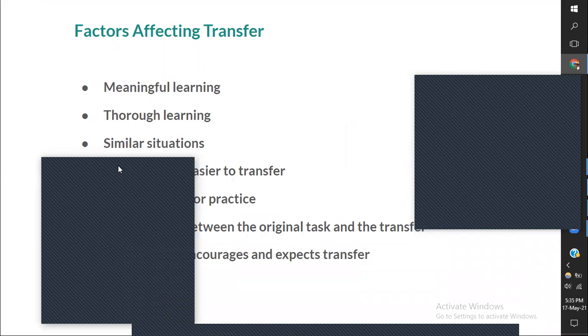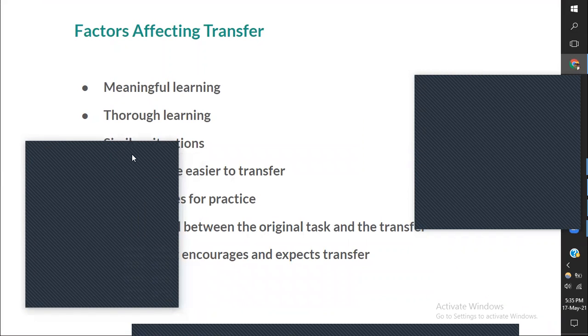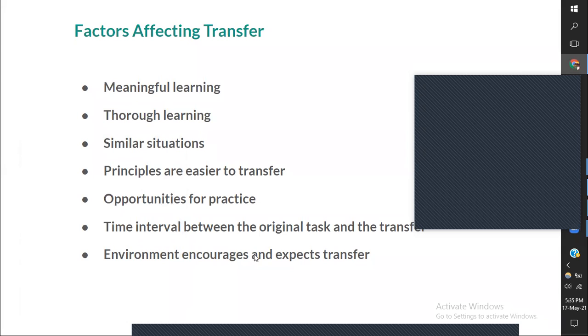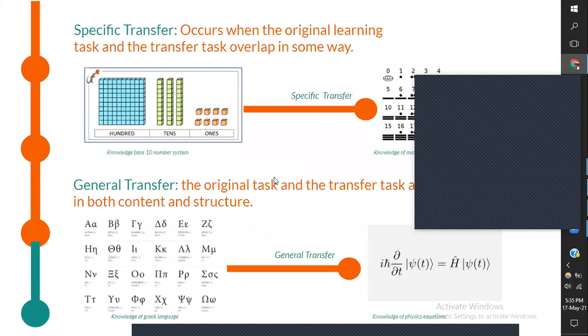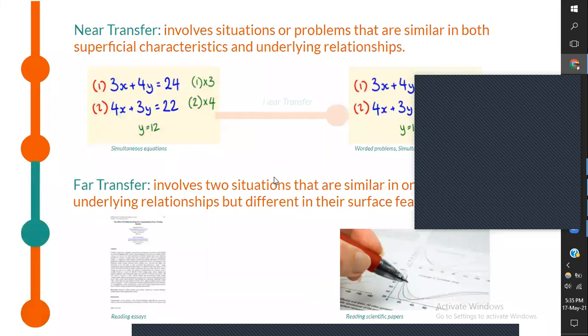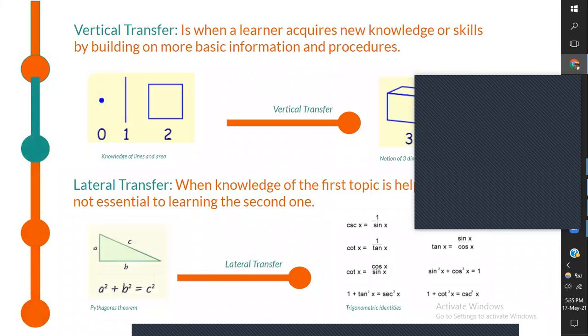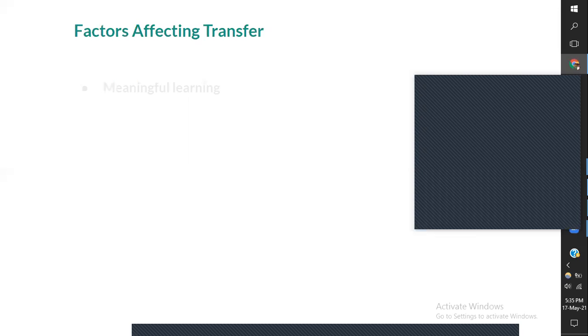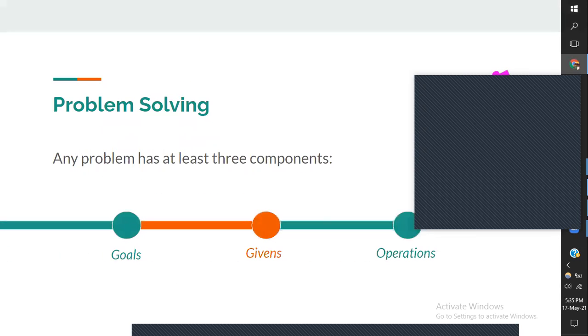Okay, that's a good question. What if we have a diversity of learning? I think you referred to a diversity of learners. Is that what you referred to? The presentation was mainly based on mathematics. Okay, a diversity of learners. So maybe visual learners and auditory learners. Transfer, we can answer you with transfer. Let's see if we can answer you with problem solving.